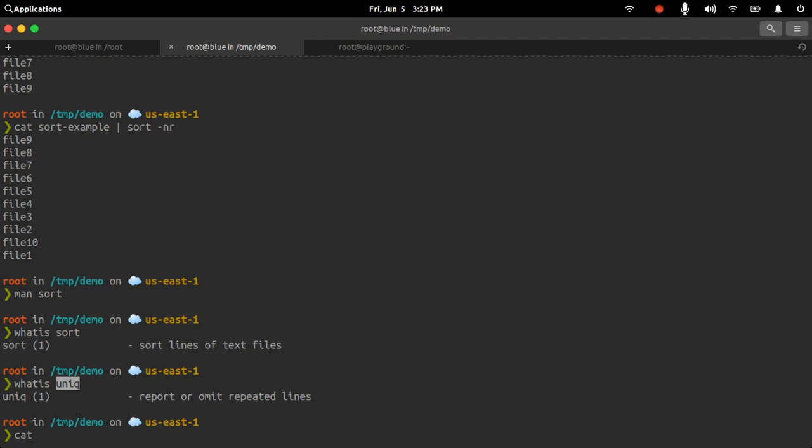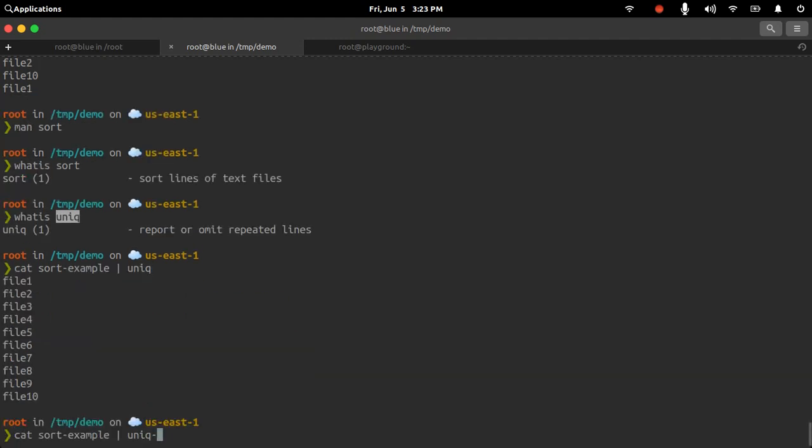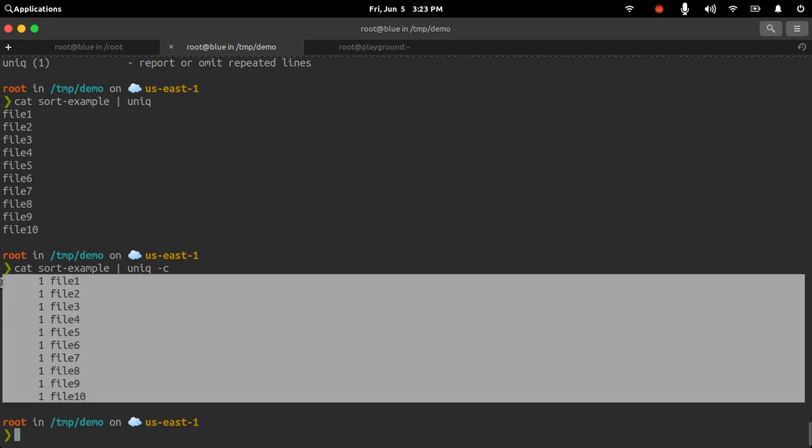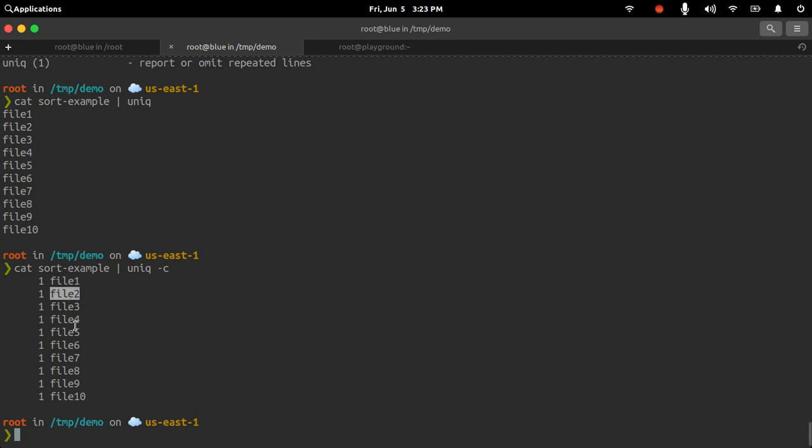So let's check the same example. There is no duplicate entry in this file. Everything printed out of the file is basically unique in itself. So there are no duplicate strings in this file.